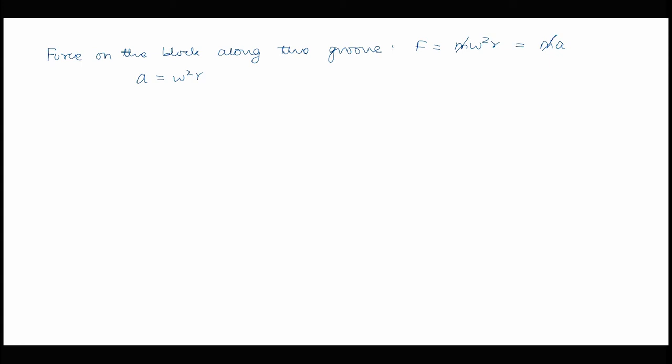So in order to solve this, I am writing a as dv by dt, which is equal to omega square r. Now since the right hand side term is a function of r, I am changing this in this form, dv by dr dot dr by dt is equal to omega square r. So if we solve it using this expression, we have dr by dt replaced as v, so we can write it as v dv is equal to omega square r dr, and now we can integrate both sides.